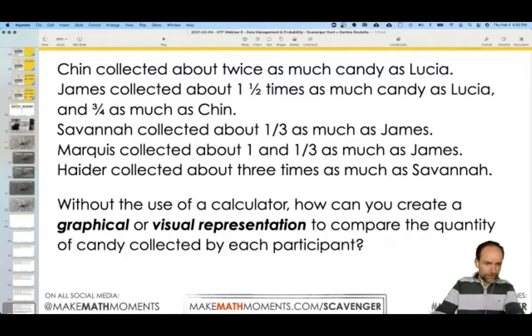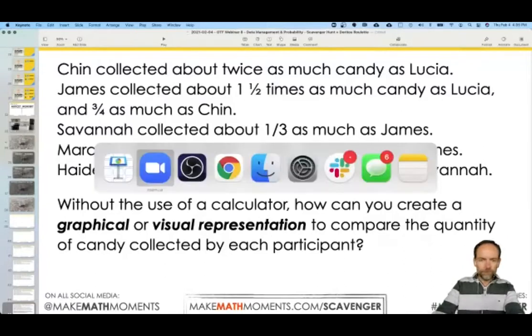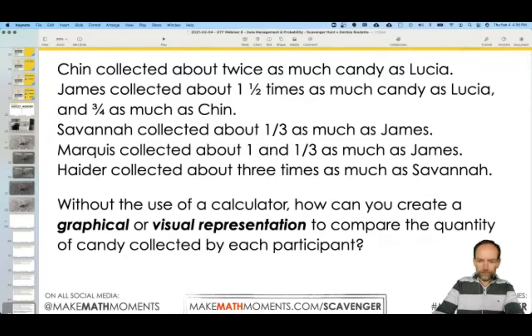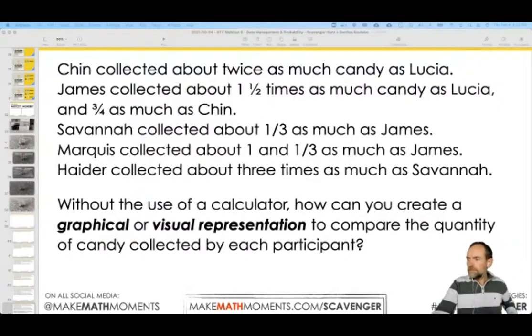Go ahead, John. Just to be clear for everybody, right now we're asking you to solve this problem or come up with an answer. You're trying to show some sort of mathematical or visual representation or some thinking on a page. We've done this in the past where you are going to share that back to us. In every one of our episodes, we've asked you to do a little bit of thinking and then take a picture of that. We're going to do the same thing here.